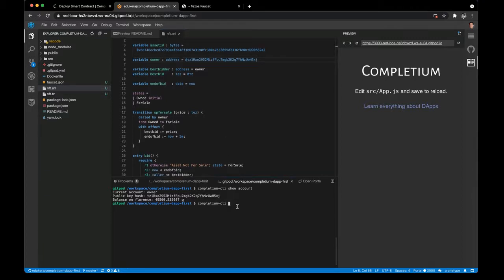You just say Completium CLI deploy nft.arl, and that's it. So it's going to use the owner account. Okay, just say yes, and let's just wait for the confirmation of the operation. Okay, so the contract is now deployed, and you see that the CLI provides you with a link to the